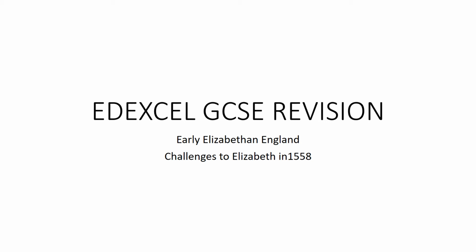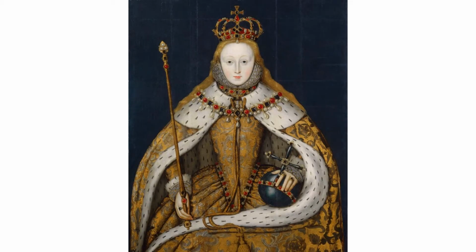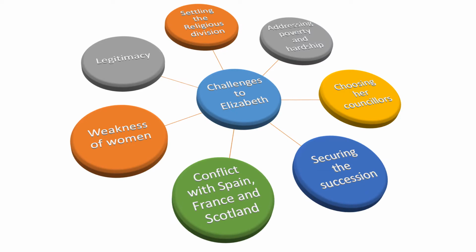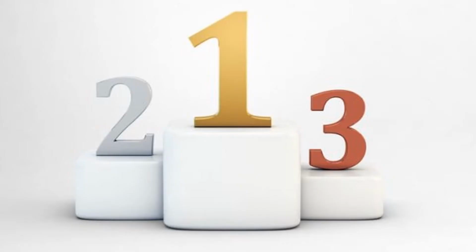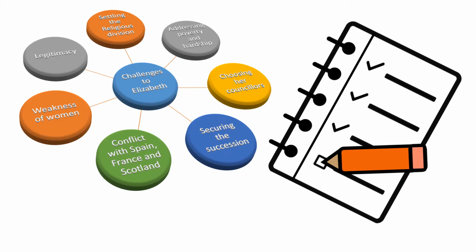When Elizabeth came to power in 1558, she was faced with 7 massive challenges and threats to her reign. As part of your history GCSE, you must be familiar with all 7 of these challenges and have an idea of the ranking and order of seriousness and significance that you would put them in. And in particular, you've got to start to consider what are your criteria behind why one challenge is more significant than the others.